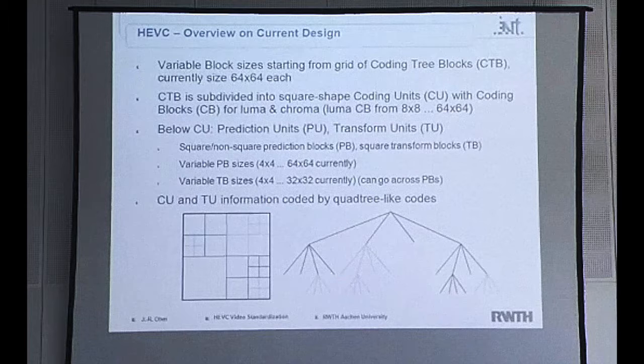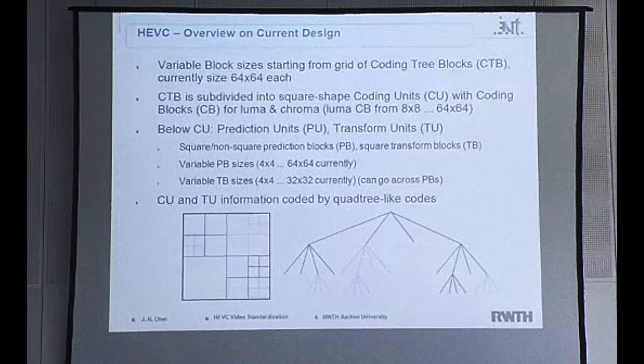It's a structure we call coding tree blocks. The coding tree block is a 64 by 64 unit of pixels in luma and a corresponding smaller area in chroma. And this can further recursively be split by a quadtree-like structure into smaller so-called coding units. The coding unit is, taken together, the coding blocks of the luma and the chroma, and all of them together form the coding unit, as well as the coding tree unit, the combination of the coding tree blocks of all of them.